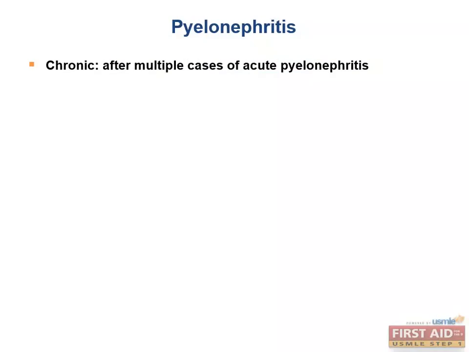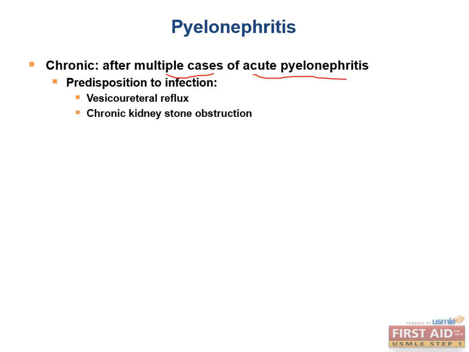So we talked about acute pyelonephritis. Let's now talk about chronic pyelonephritis, which doesn't happen unless there is some anatomical abnormality that causes the patient to have multiple cases of acute pyelonephritis. This anatomical abnormality predisposes the patient to repeated infection. And it can include things like vesicoureteral reflux, which allows bacteria to ascend up through the ureters to the kidney, and chronic kidney stone obstruction, which prevents urine from washing out the bacteria and allows the bacteria to move up